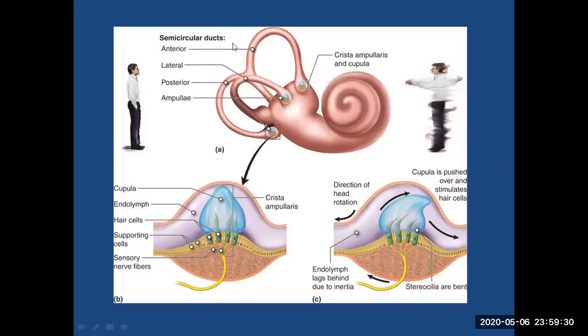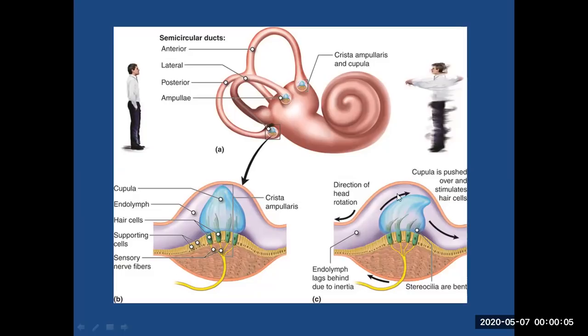So the semicircular canals, the anterior, lateral, and the posterior semicircular canal, and this part, which is the ampulla part, is the crista ampullaris, and it has a cupula. Cupula is something like a diaphragm. Here, the fluid from the endolymph doesn't transfer to this side. So the spinning or head movement sensation stimulates the hair cells, the stereocilia and kinocilium, and then it stimulates the response in the sensory nerve fibers.